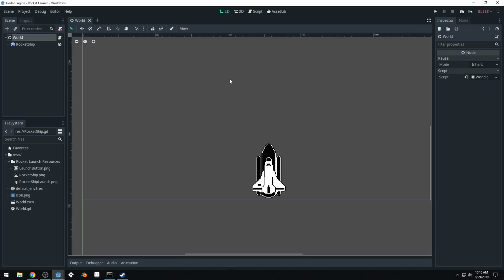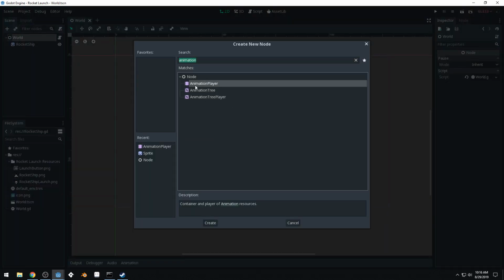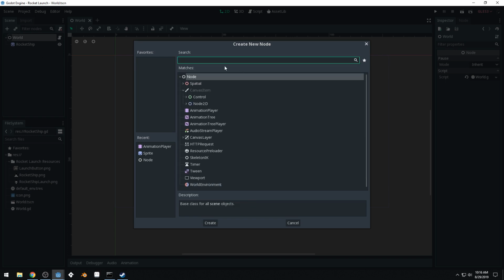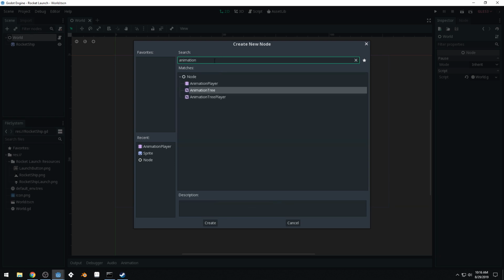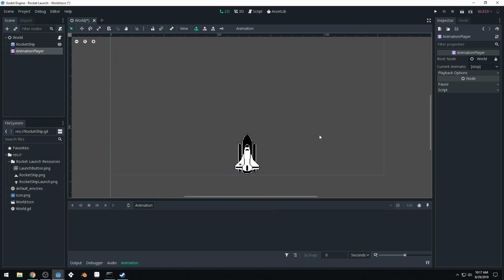We're going to animate our ship launching off, and we're going to do that using an animation player. So let's open up the animation, or open up our, press the plus button so we can add a new node to the world, and search animation player. Select that. Now, an animation player is a very powerful node. It allows you to animate pretty much any property over here on any node over here in your scene. So you can do a lot with it, and